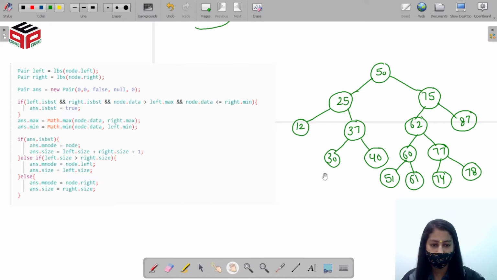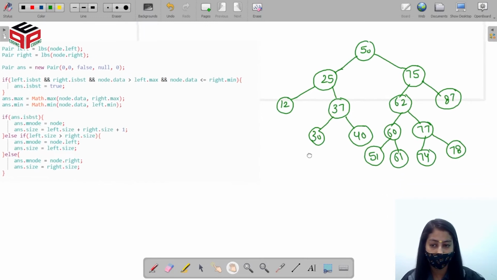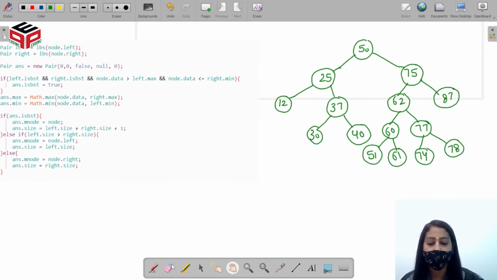Let's suppose this is our binary tree and we have to find the largest BST subtree in this.